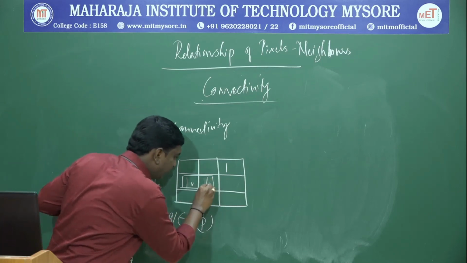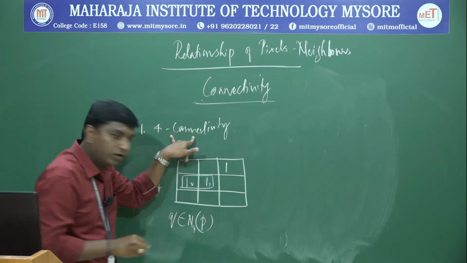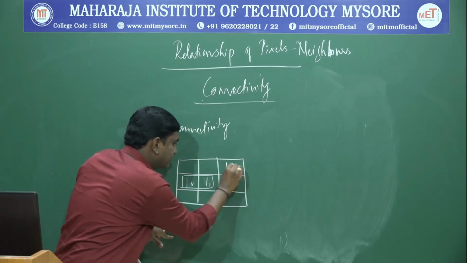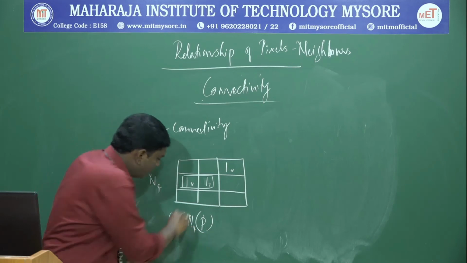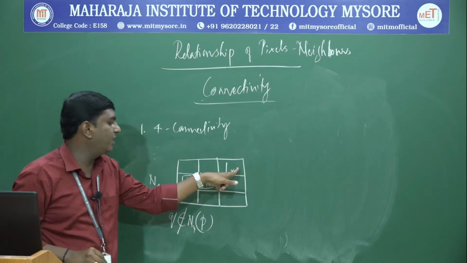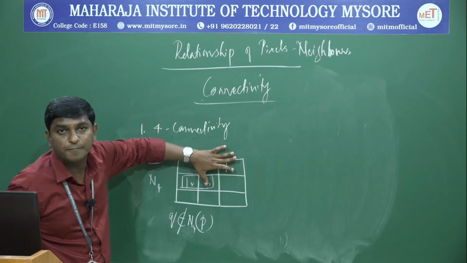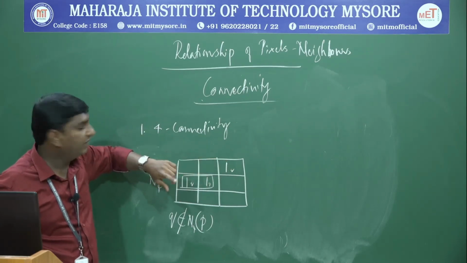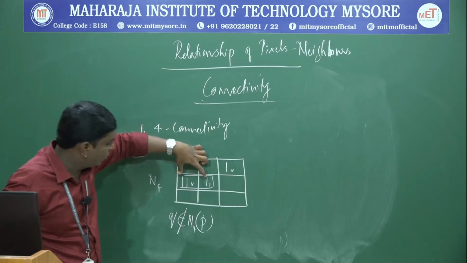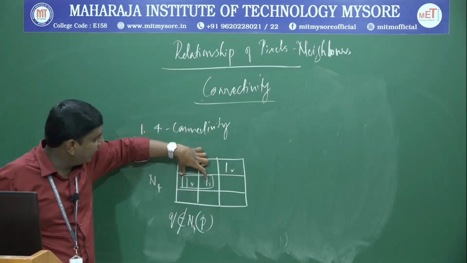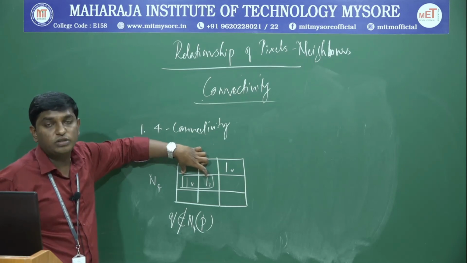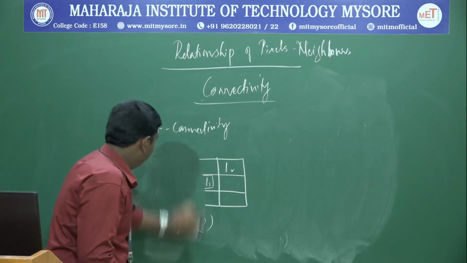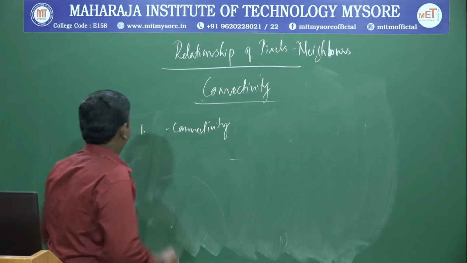Now, this one, whether it is connected to this with 4 connectivity? No, it is not, because if we take this as P and this as Q, this Q does not belong to N4 of P with respect to these two pixels. Therefore, only these two pixels are connected. The connectivity rule is 4 connectivity. So pixel P and pixel Q are connected using the 4 connectivity rule, that is N4. Next, we will look into 8 connectivity now.